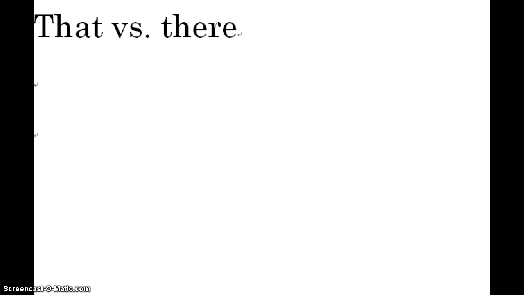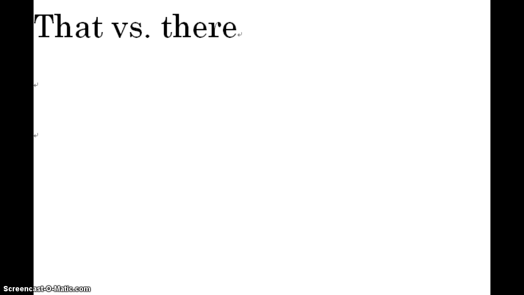Where was I? Okay, the next thing I wanted to talk about was the words "that" and "there." The words "that" and "there" both inform people about the location of things, right? And they have similar meaning. However, there is a rule regarding how and when we can use the word "that," and how and when we